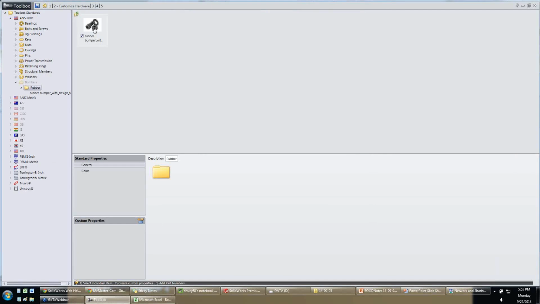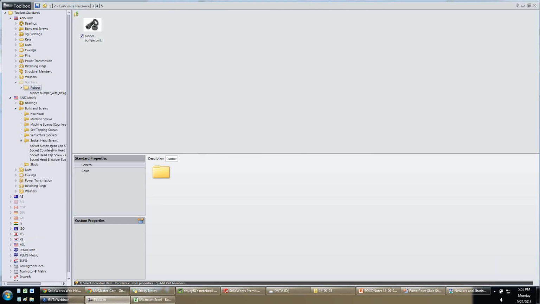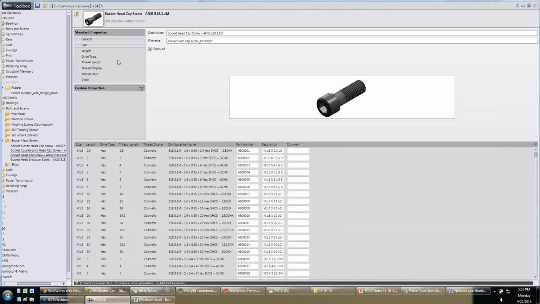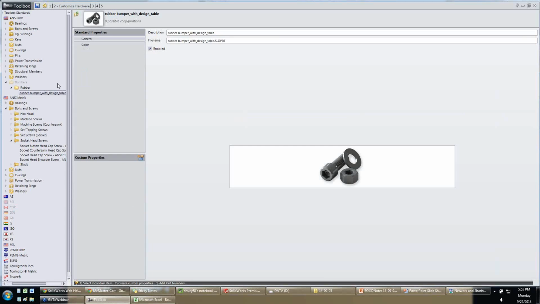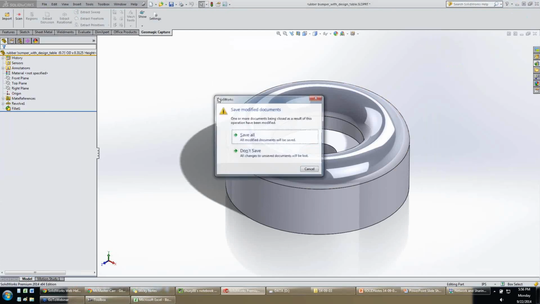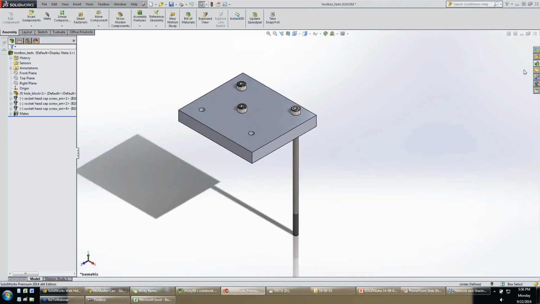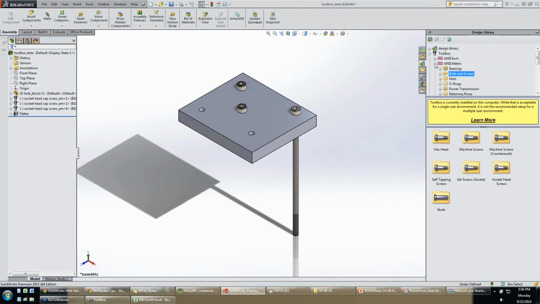The thing that I want to tell you right now is we're not going to have the same kind of configuration options that we had when we were looking at this bolt and screw. So the socket head cap screw right there, we have this window where we can change all these configurations. None of that exists when we add our own custom components. But all this is actually controlled in the design table that we use to create this part, so it's not a big, huge deal. So I've gone in, I've added, I can go ahead and hit save, and I'll go ahead and close that guy. And what I can do is go in here, go to our task pane,